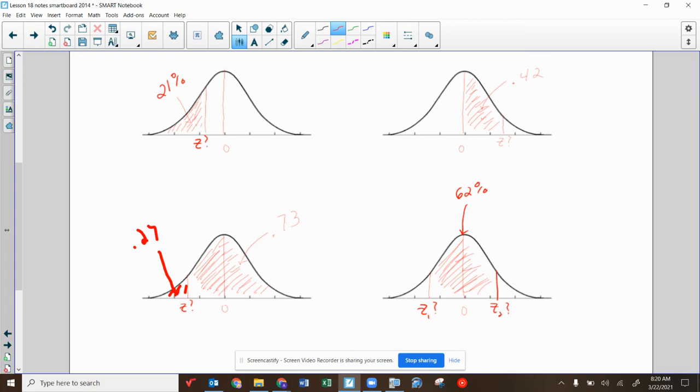Okay. So this one here, there's 42% to the left, but stopping here. Now remember, this stuff here is 50%. So I would put those two together to go from here all the way over. So the trick is I went from the line all the way over. Okay, then I'll talk about this one here. I'll do that one last. All right, so this one, inverse norm,